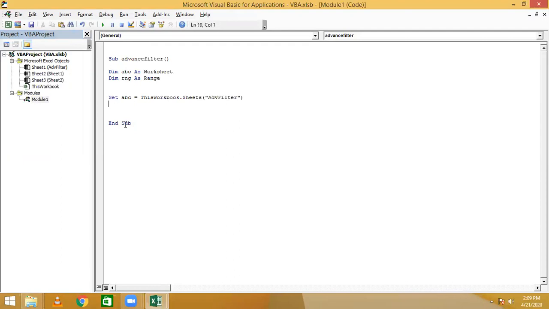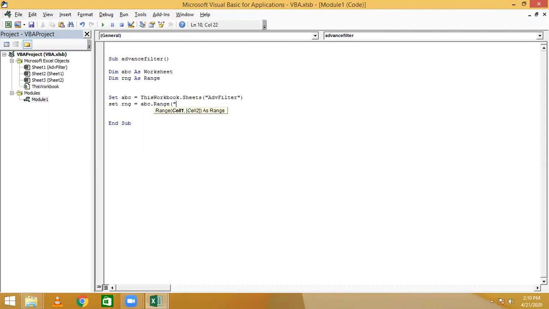Now similarly we will set the range also. RNG is equal to ABC, because the range we wanted to pick is from the same sheet, advanced filter. Like we already defined ABC, we will use here ABC.Range.